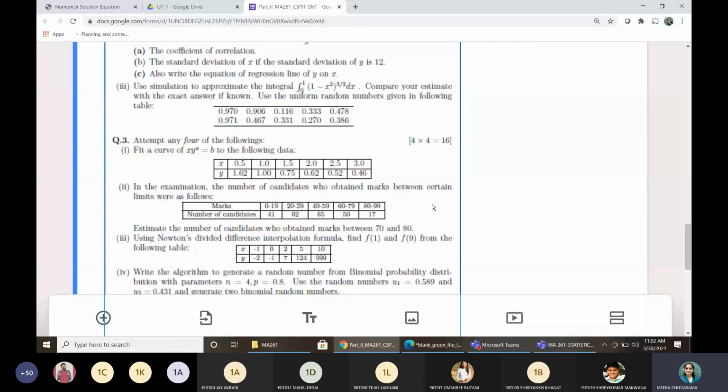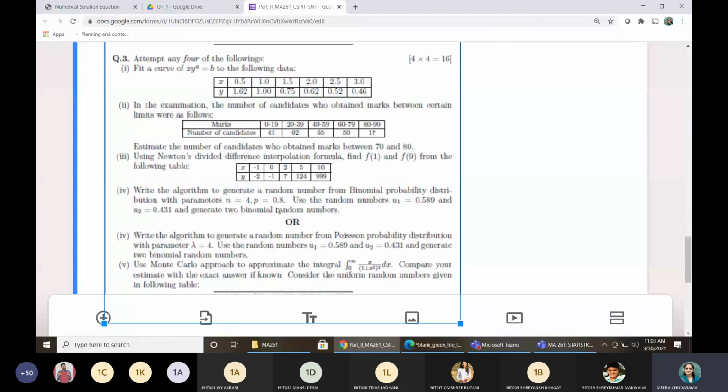Then in the third one, Newton's divided difference interpolation formula. Some of you have directly computed f of 1 and f of 9 using the divided difference formula, whereas some of you have computed the polynomial and then the corresponding answers at 1 and 9, right? So in both ways it is correct. But keep in mind one thing, that when the divided difference operator is used, you have to bisect that triangle in the notation. Many of you have just written the triangle notation. So I have considered the round at that particular table. I have not cut the marks, but be careful in future, right?